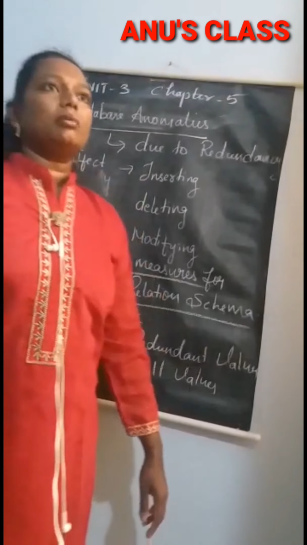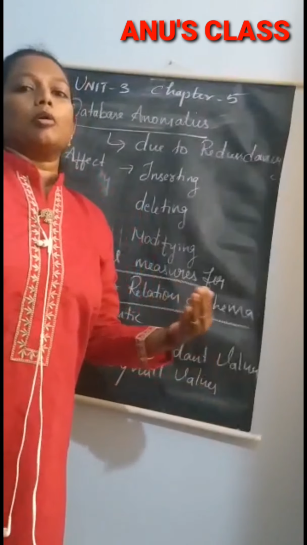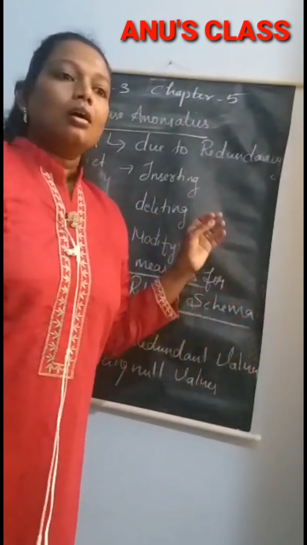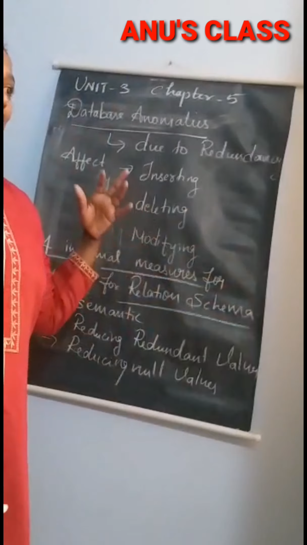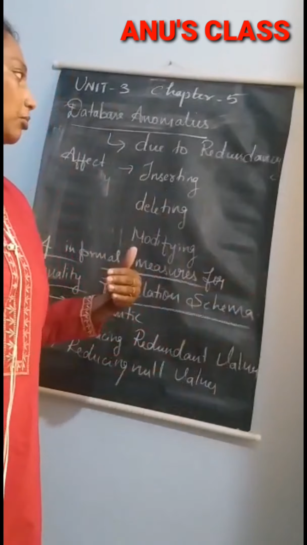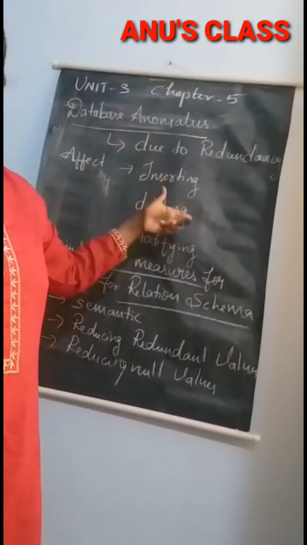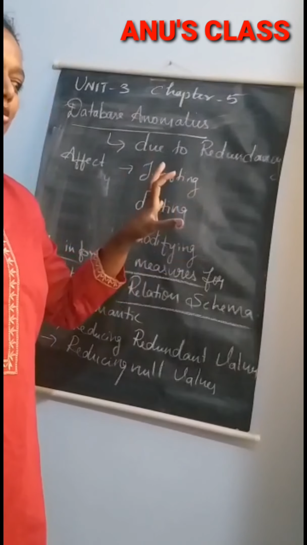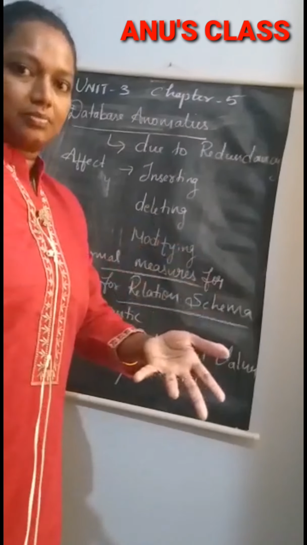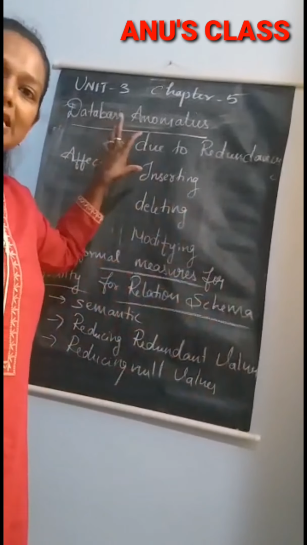So inserting anomaly means, we'll take an example of an employee database. If an employee is getting a promotion, we already have the database about all the employees which contains the details about the employee and their designation. Once the particular employee who got the promotion, we have to update. What happens when you're inserting or modifying something is that some other data which is already present in the table will get changed, but we will not be knowing. So that we call an inserting anomaly.